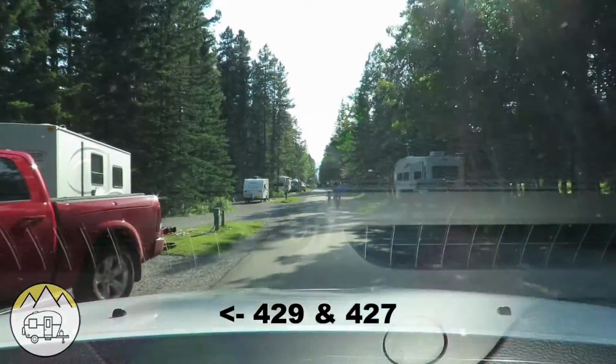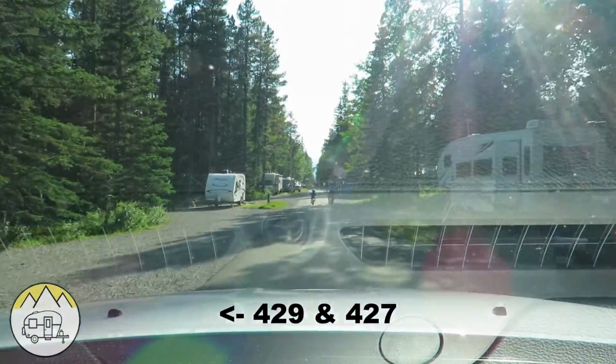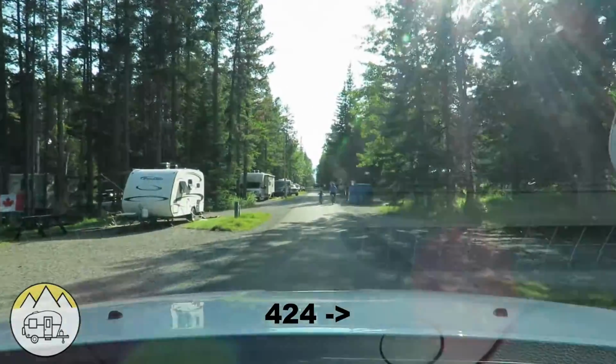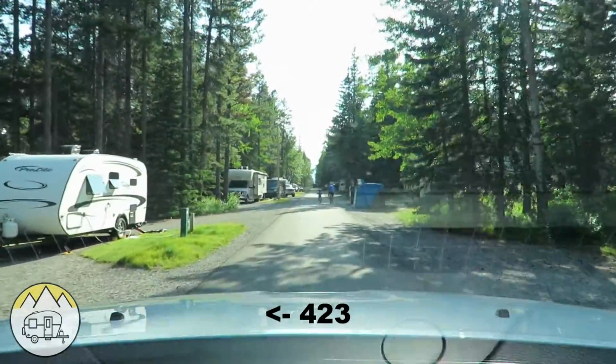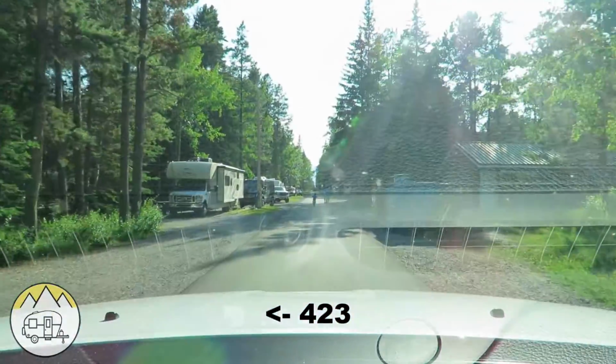As we continue down the 400 row, we're in the B section, 427, 429 there on the left, and we're back to single sites, 424 on the right, 423 just passed on the left. Then we have a restroom facility with